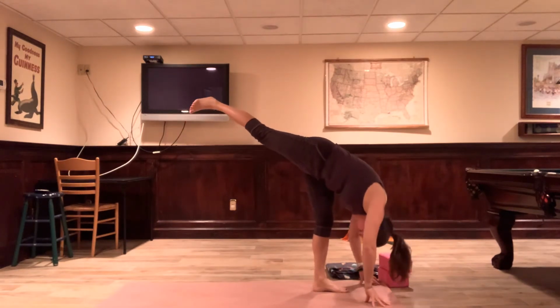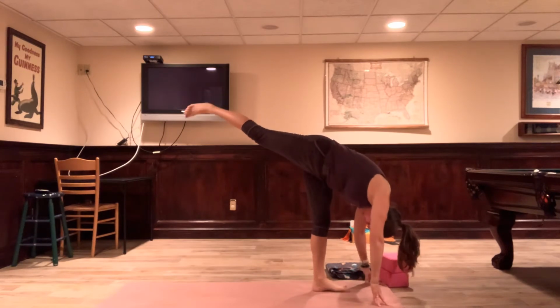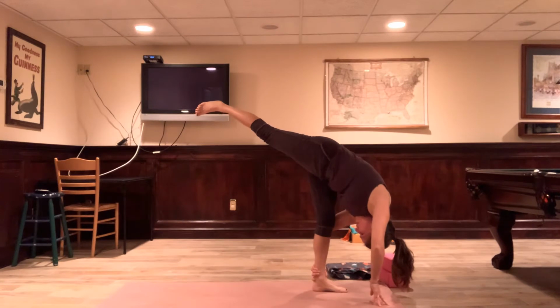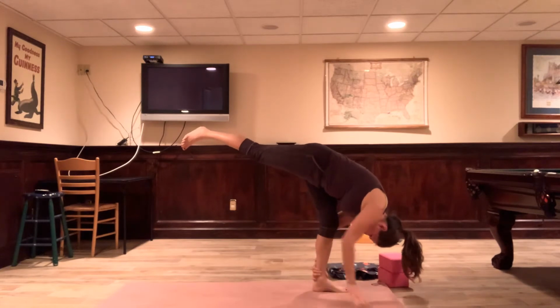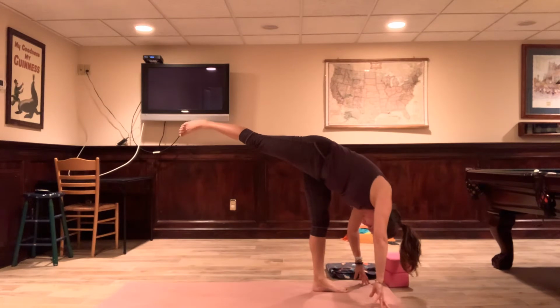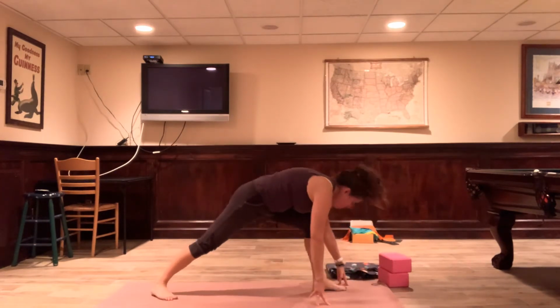Open that hip, standing split. Play around with your balance here. Take one hand on the ankle, maybe the other, but stare at something other than your foot because it's going to be wobbly. It's tricky. Playing around. All right, hands down to the mat, bend that front leg, drop that back foot down,